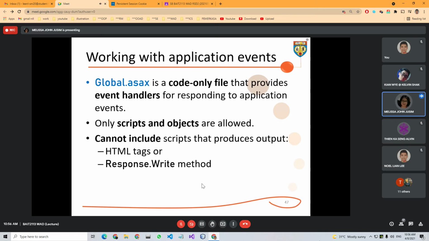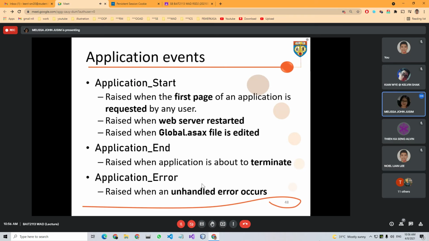So only scripts and objects are allowed. We cannot include a script that produces output, like your HTML tag or Response.Write.